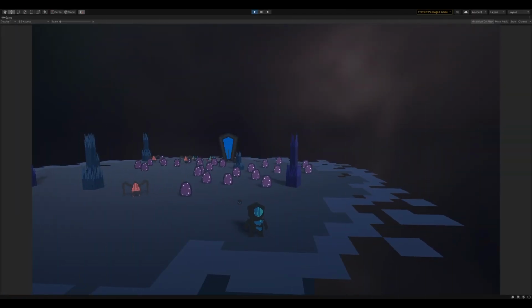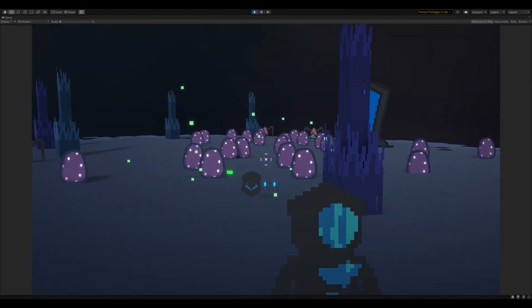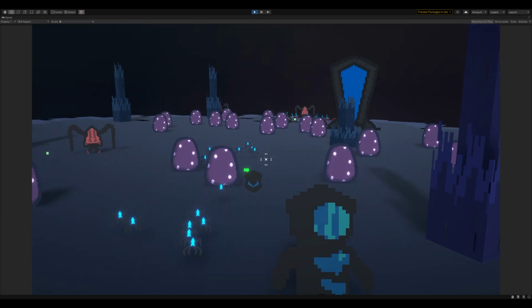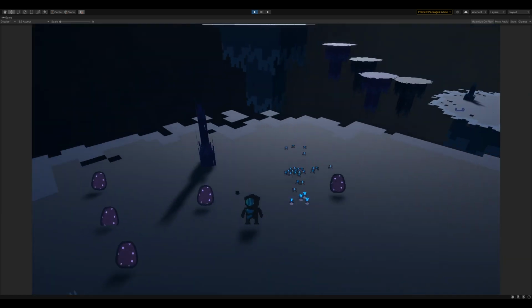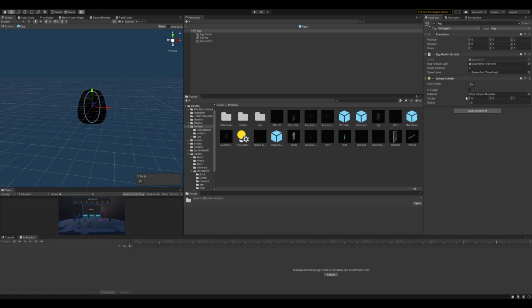When planning the project out, one of the environmental things are egg sacs that can contain these swarmlings, so I felt like it was the next thing to work on. To make the egg sacs spawn the swarmlings was fairly simple. Since I wanted to check for a collision, I gave the egg sac a collider and set it as a